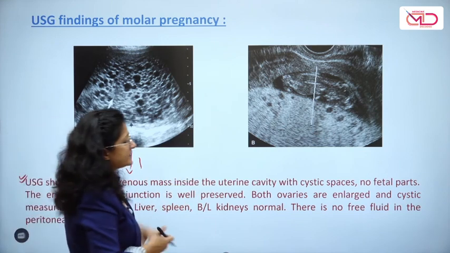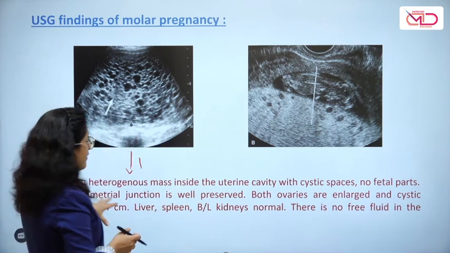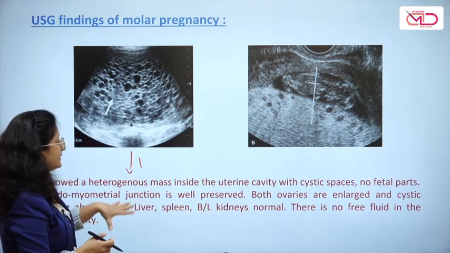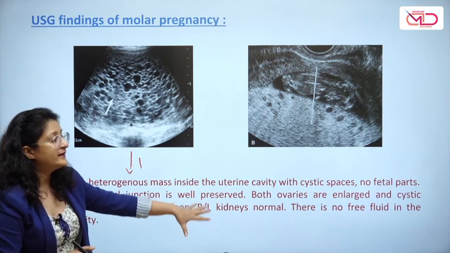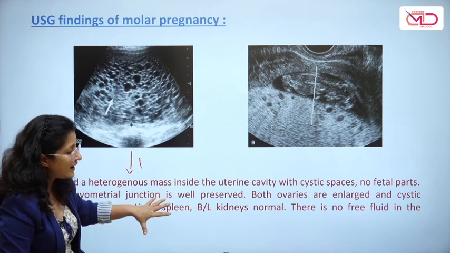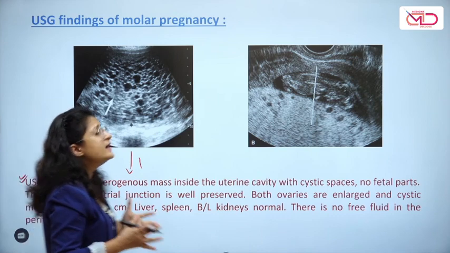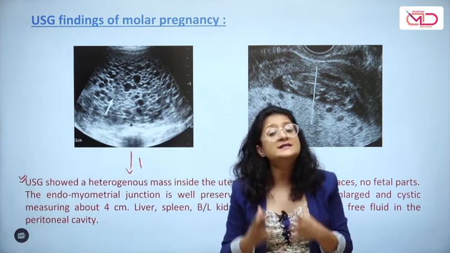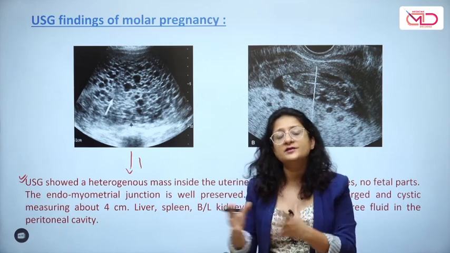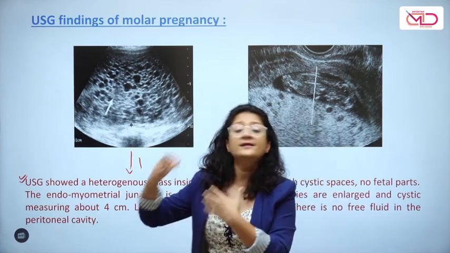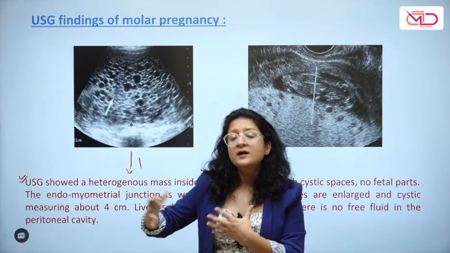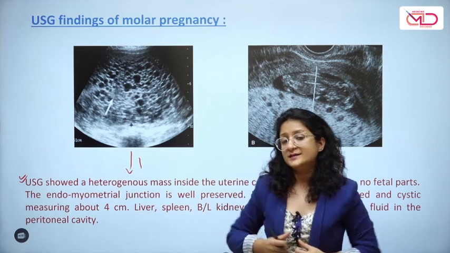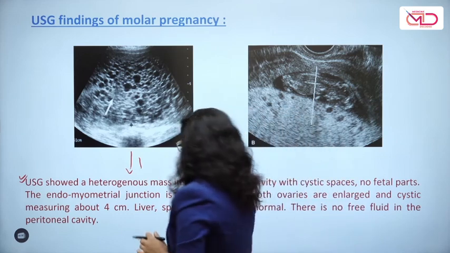Now both ovaries are enlarged and cystic, measuring about 4 centimeter. And look, the sonologist has also given me information that the liver, the spleen, the bilateral kidneys, everything else looks fine. There is no free fluid in the peritoneal cavity. So this is the entire report, which is suggesting that it is indeed a case of a complete mole, not an invasive mole, or most likely not a case of a gestational trophoblastic neoplasia. Now moving on further,